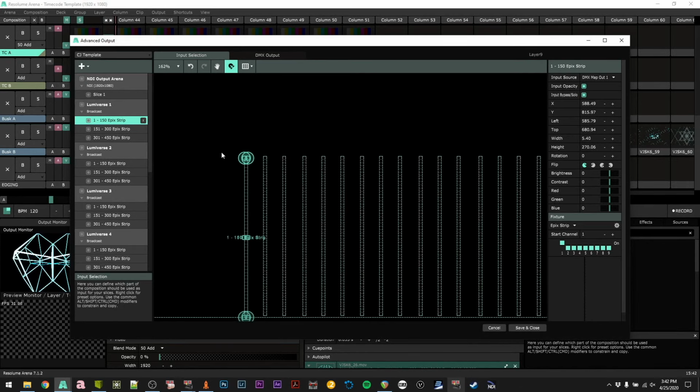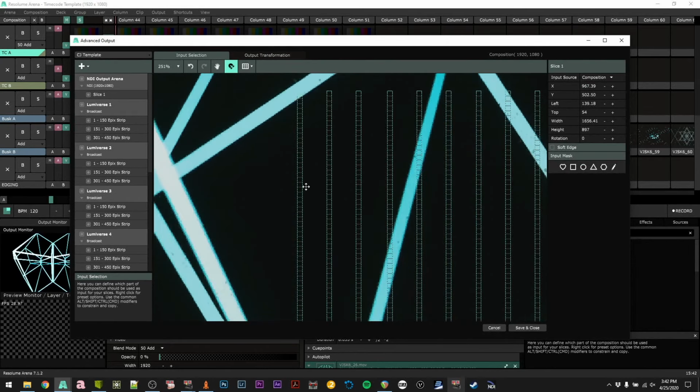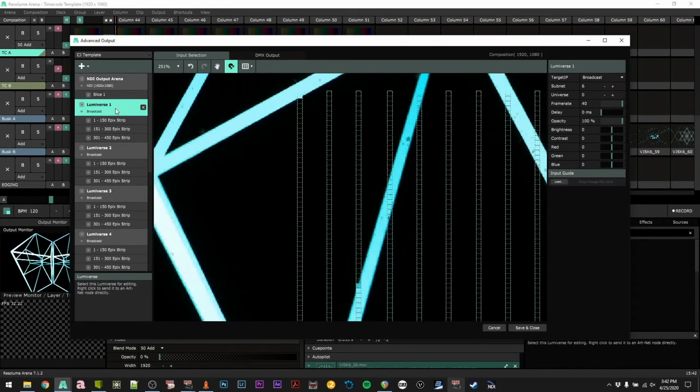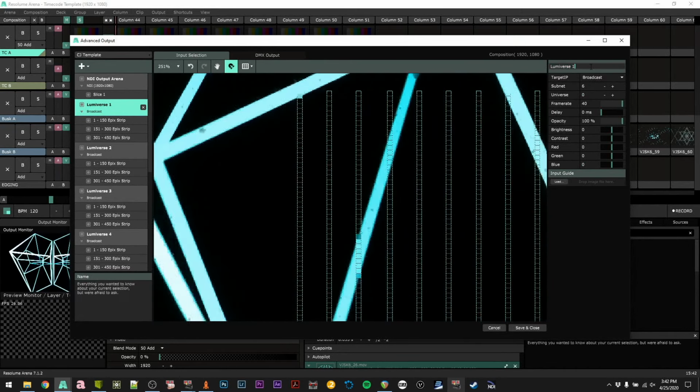Okay, so we see epoch strip 1 set to address 1 in Lumiverse 1. That entire Lumiverse is patched, if you notice over here in the Lumiverse window, which you can rename,